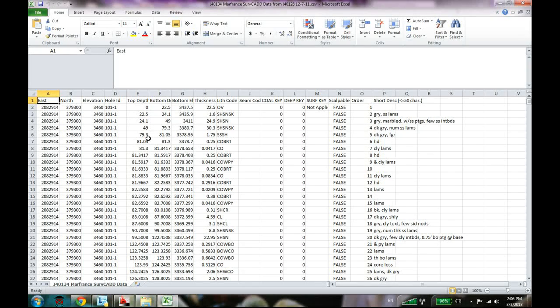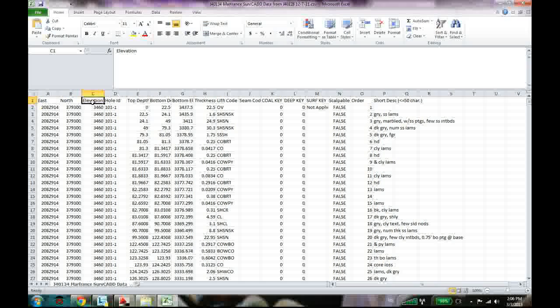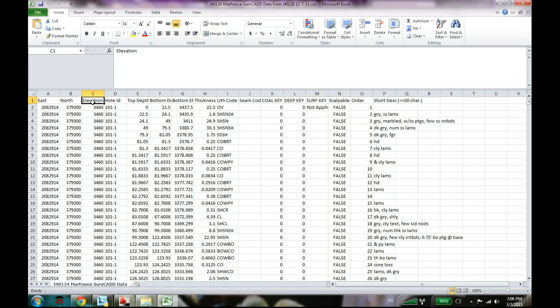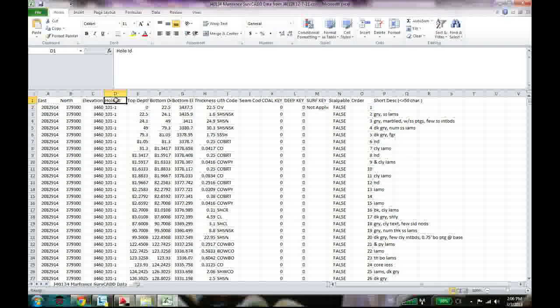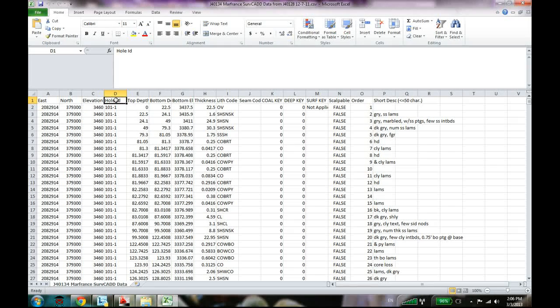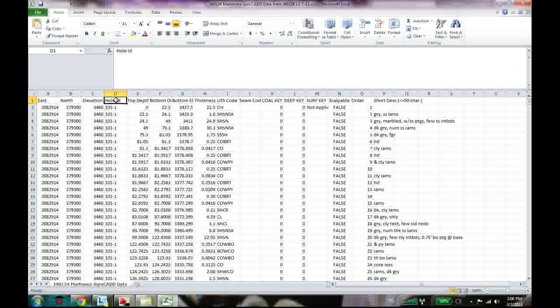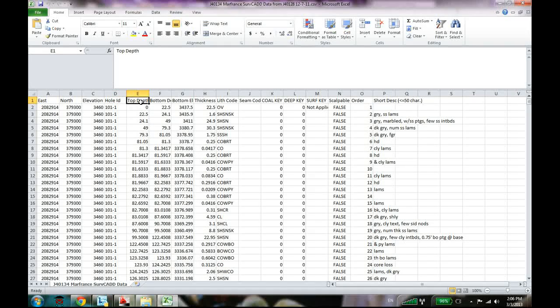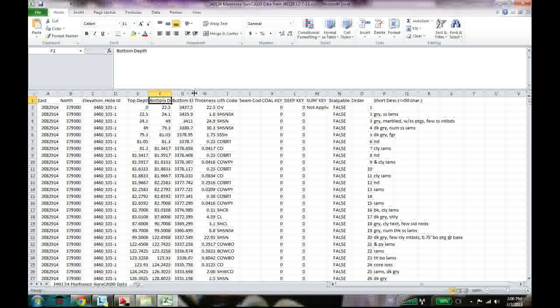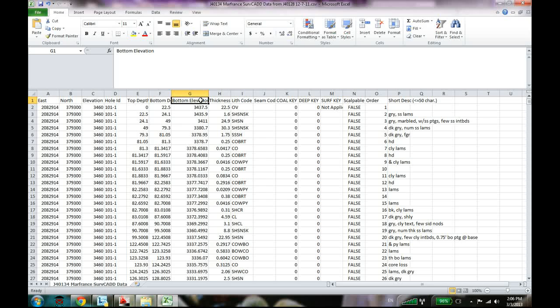Now in this area I have multiple different seams, and let's first take a quick look at the database. Let's look at the header. I have the easting, the northing, and right after that the elevation, which is the surface elevation of the borehole. Then I have the borehole ID or hole ID, similar to what we had before as hole name or borehole name. Then I have the top depth and the bottom depth, and then bottom elevation,